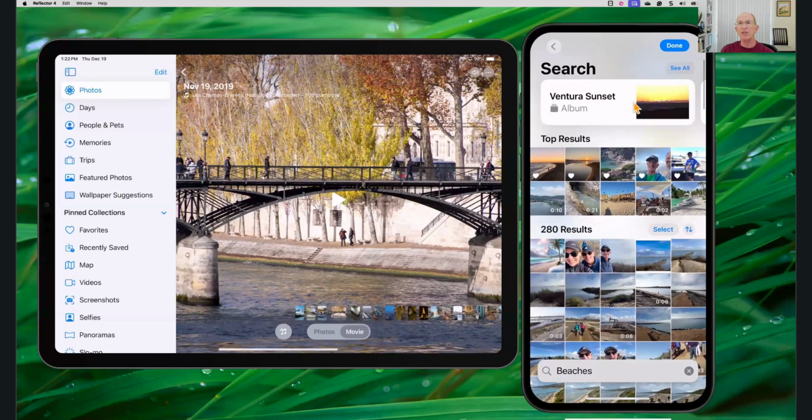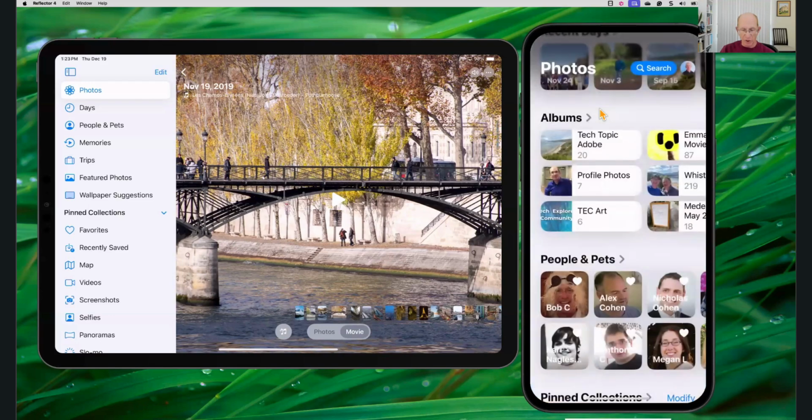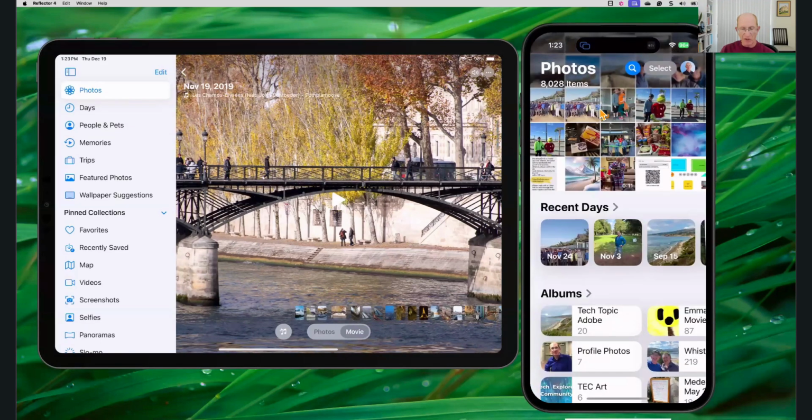When you want to get out of this, you can tap done. Ventura Sunset, it created, that is an album that I have. I've got another album, May 20th, 2014, a Rio de Janeiro trip, Mexico trip, at the shore. I forget where that was. So you can use that search function to find things by date, by location, because your phone, when you take